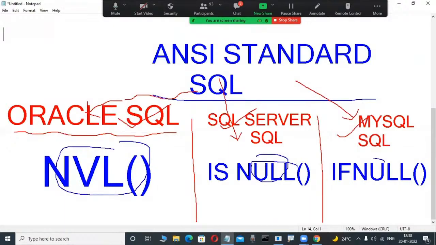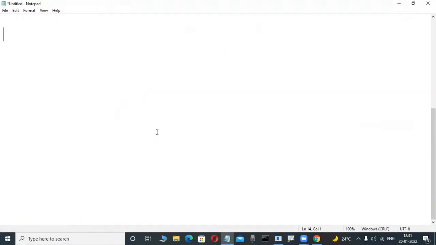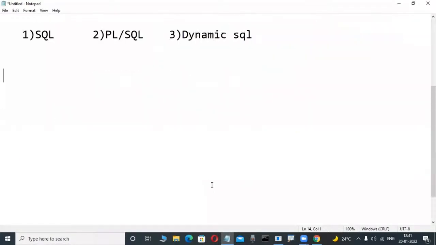And syntactically it is totally different. Here the create procedure syntax is different, and here the create procedure syntax is also different, with slight differences. Suppose there is a function MONTHS_BETWEEN, that is in Oracle SQL only. Can I use the same function in SQL Server SQL? No, there is DATEDIFF, another function. That's why always what we are learning is that SQL is an ANSI standard language,